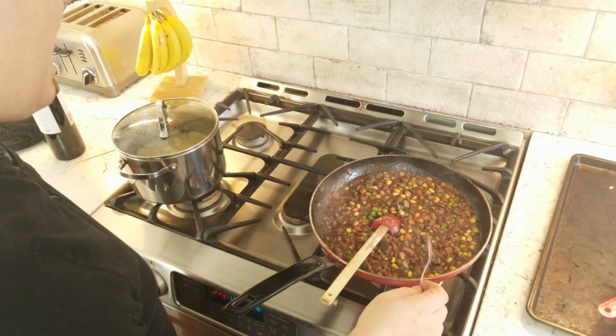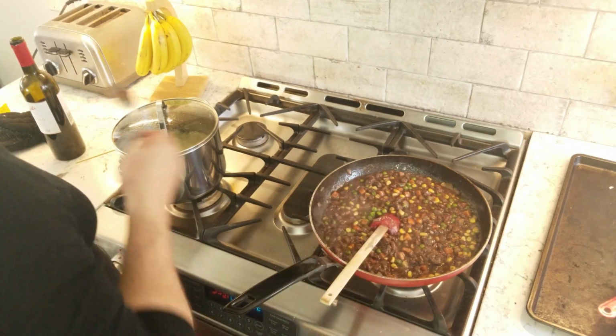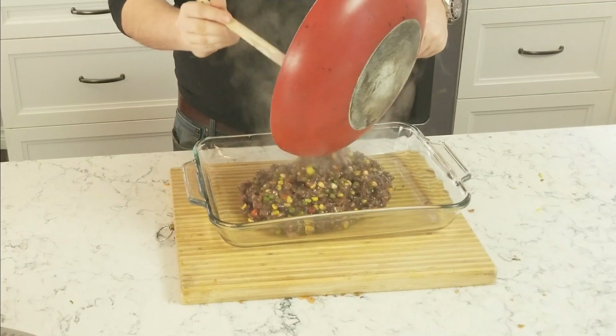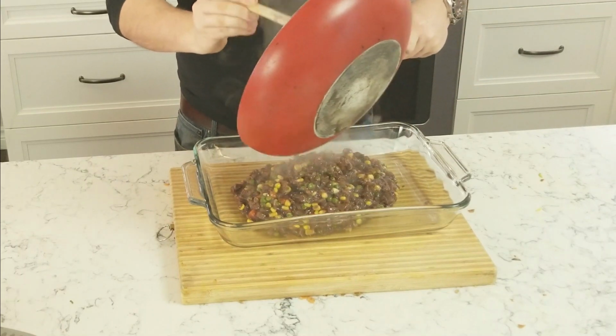Make sure we taste it. I tasted it a few times. I adjusted the seasoning back and forth with the garlic powder and the salt. Now we're going to pour it into our casserole pan. This was not the pan I intended on using,